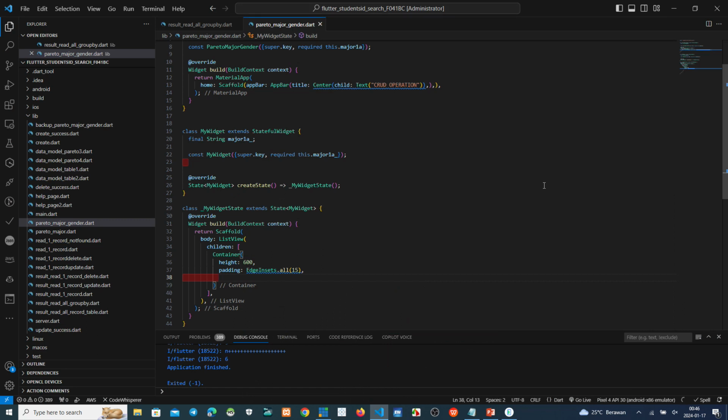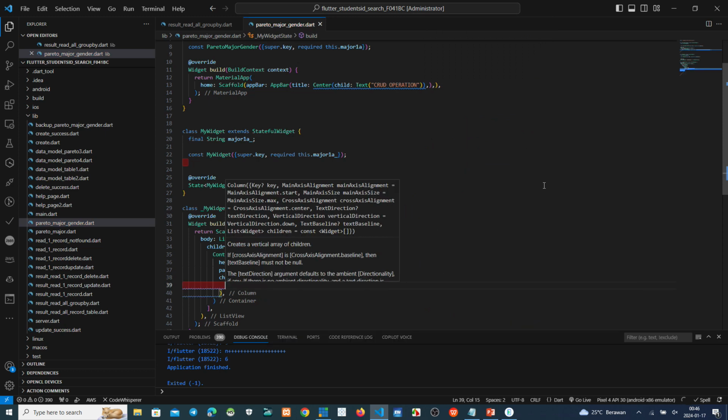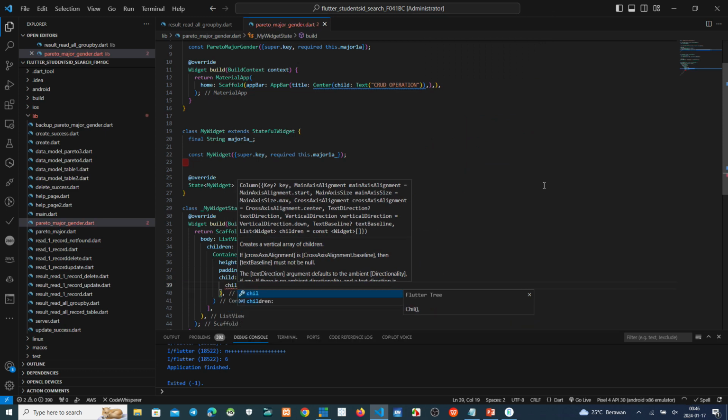Make this one side first, and then this one column. This one children.